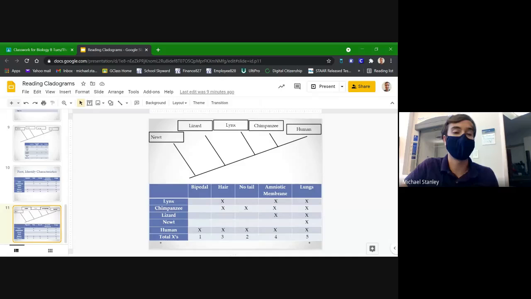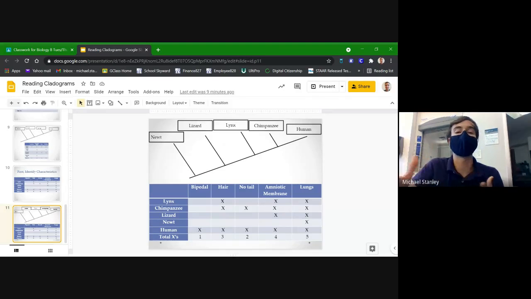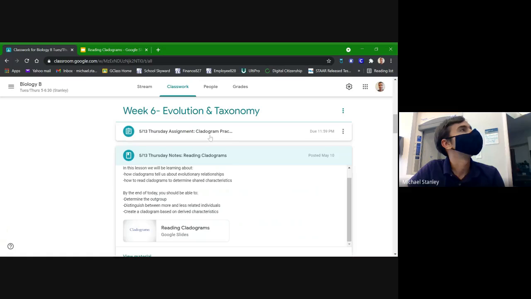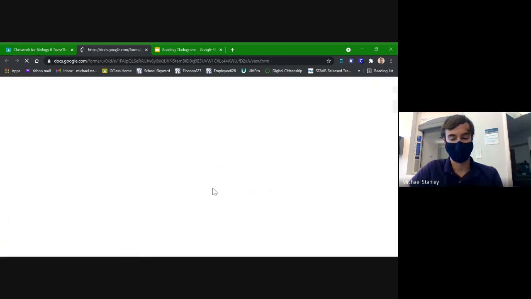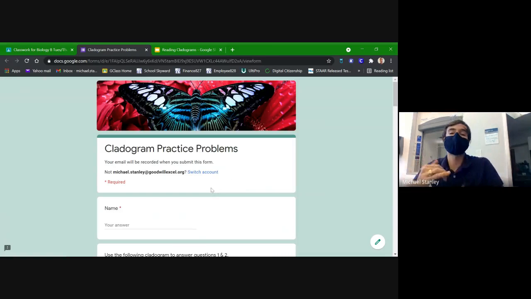All right, so hopefully you feel pretty okay with how to read and how to set up cladograms, because that is essentially what you're going to be working on for your daily assignment for today. So in these practice problems, some of them I'm giving you a type of cladogram and asking you some questions about it. And then the last one, I'm having you make a cladogram